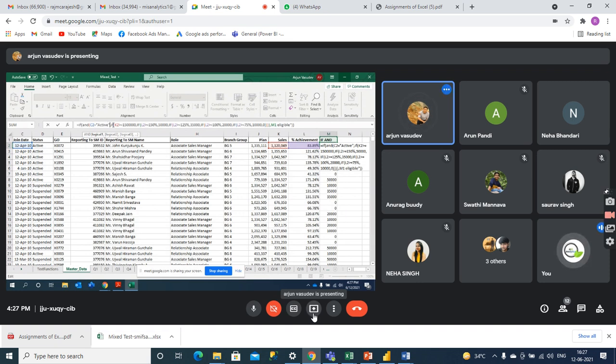Not after the active. If C2 is active, then after the comma you remove the IF condition, only the IF and the bracket also. Now close the formula. Close the bracket after 15 lakh, and at the end of the formula you remove one bracket. And the word not eligible, you should write in double quotes, inverted commas, because we are saying that if anyone is not meeting the criteria, they are not eligible.